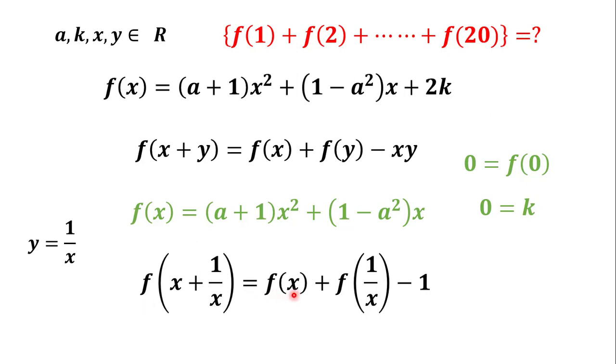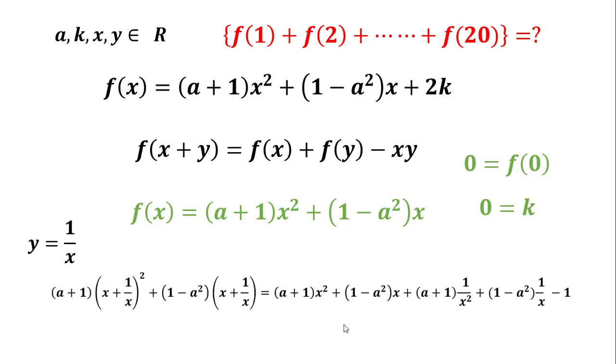As you can see, f of x equals a plus 1 times x squared plus 1 minus a squared times x, and to find f of x plus 1 over x we need to replace x by x plus 1 over x, and to find f of 1 over x we need to replace x by 1 over x in this equation. So we're going to get this expression, x plus 1 over x all to the power 2, which by using the perfect square formula can be expanded, and is equal to x squared plus 1 over x squared plus 2,